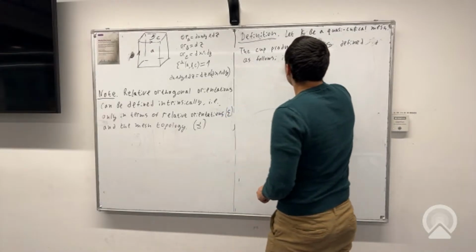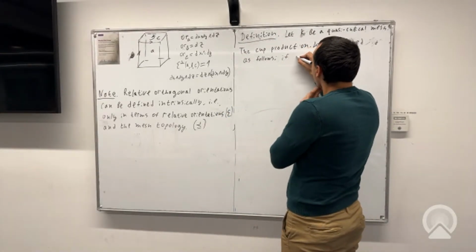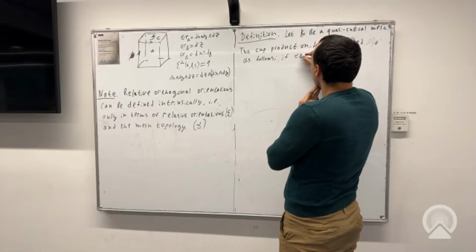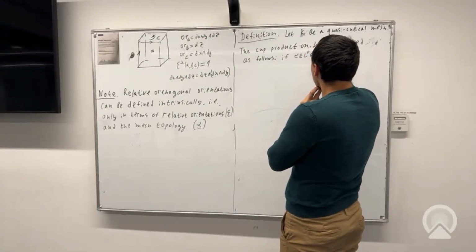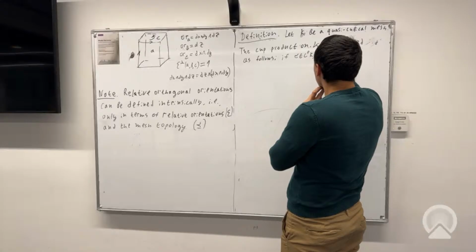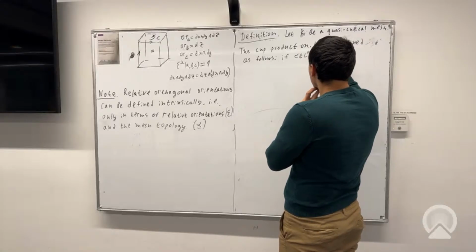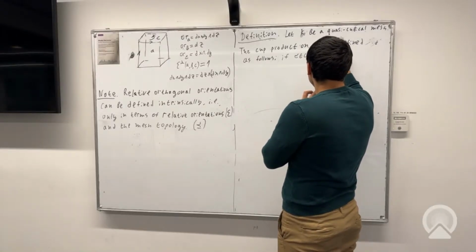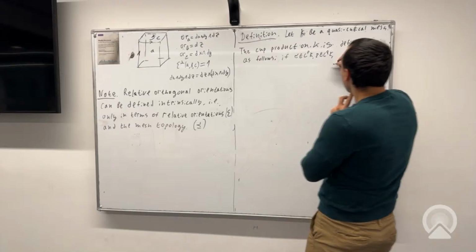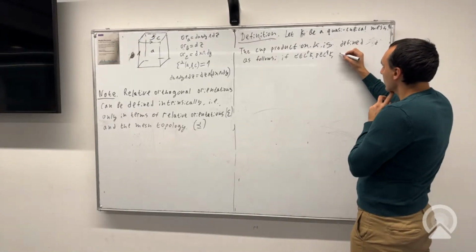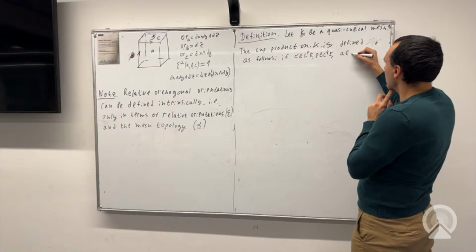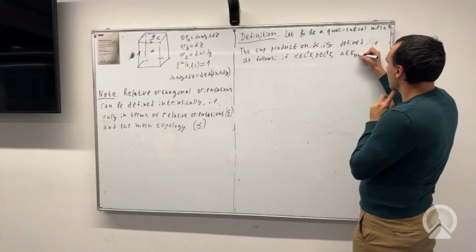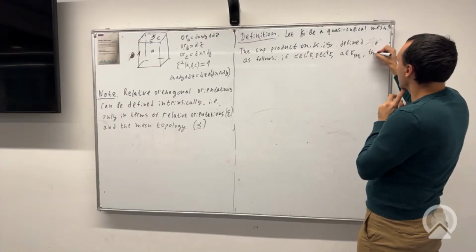So if sigma is a P-cochain, rho is a Q-cochain, and A is a P plus Q cell, then